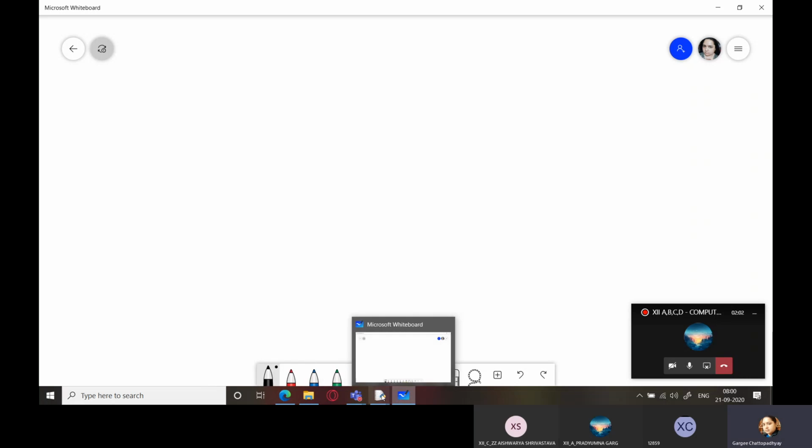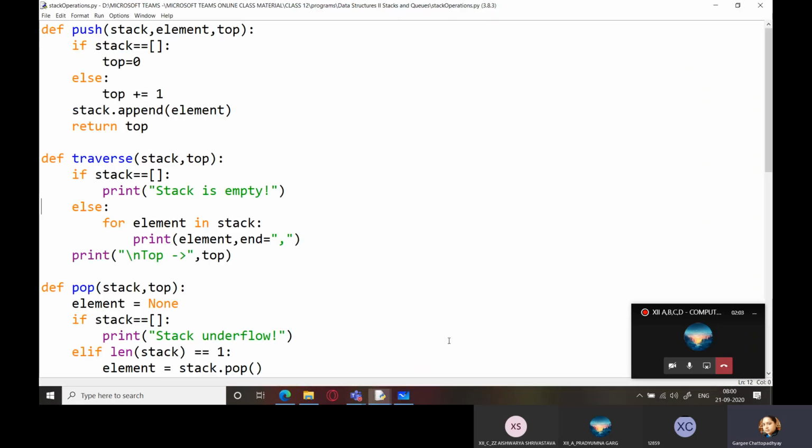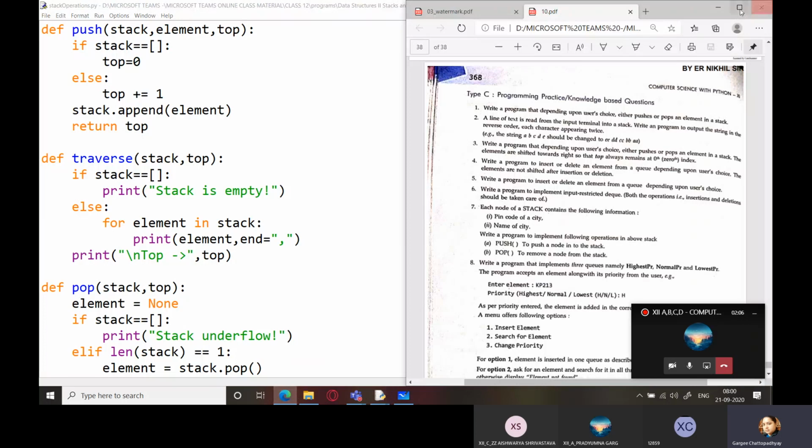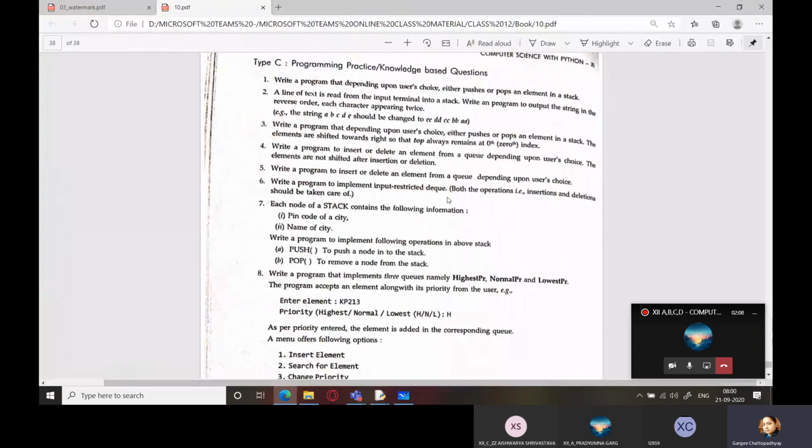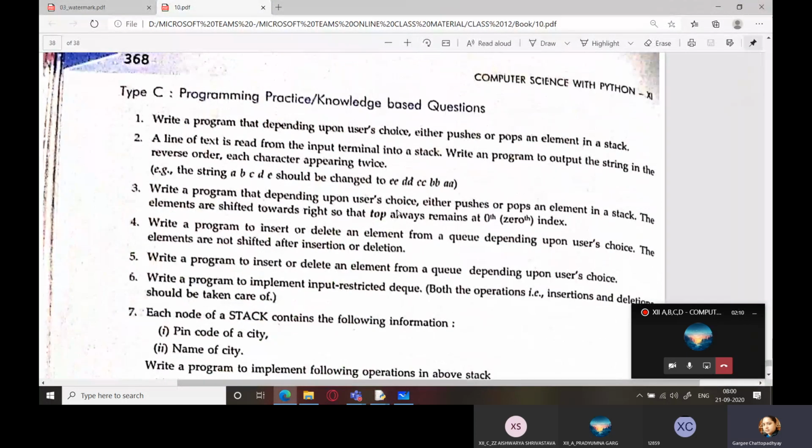Okay. So students, I hope this program was very clear to you. So now we will be solving some more hot questions related to stacks. So here it is. The first is obviously we have already done it, either pushes or pops an element. Second is a line of text is read from the input terminal into a stack.